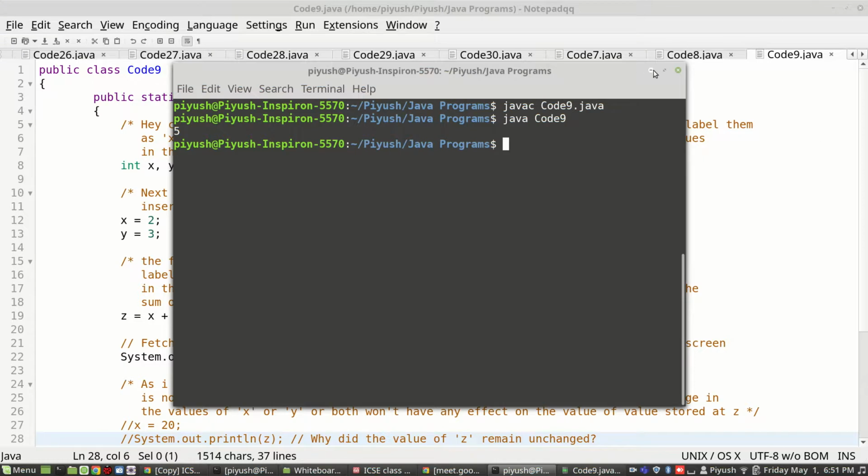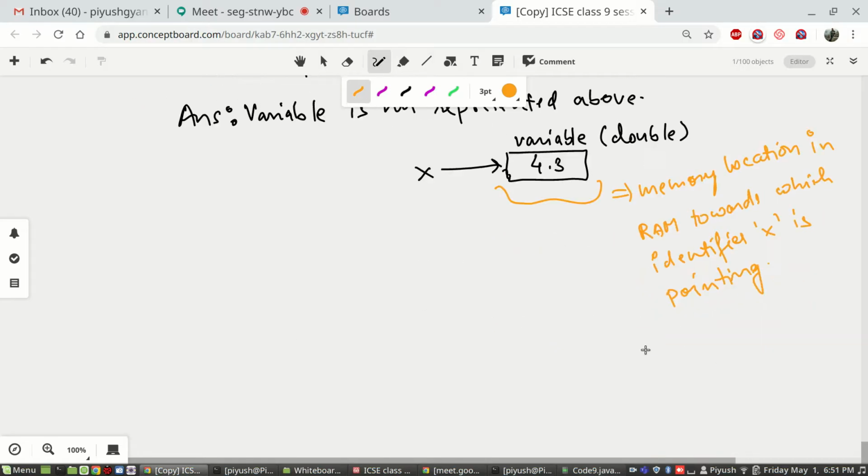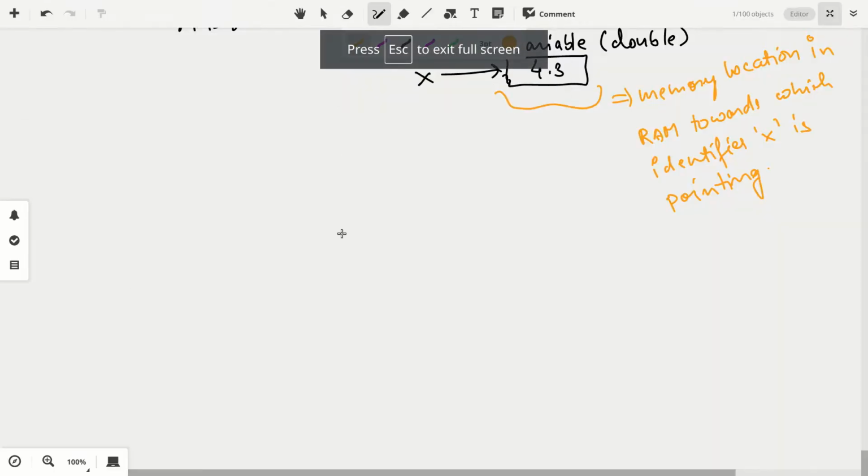Now, this statement finds the sum of the two locations symbolized by x and y, replaces those values, computes the sum, and then stores it in z, and then you are printing z. Program is solved. Now let us see another important concept. Even very good undergraduate students who are doing their engineering make mistakes in this concept. Let us see.